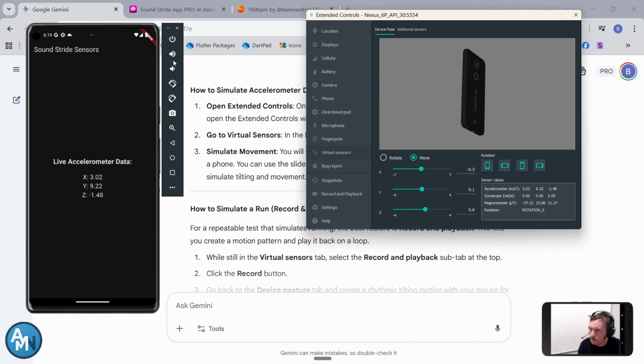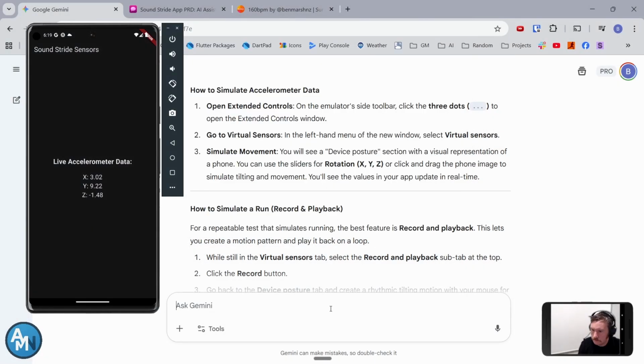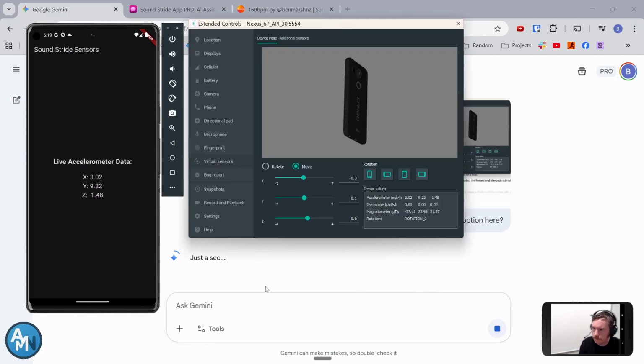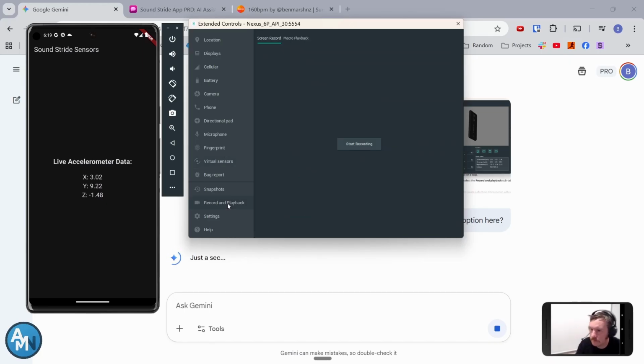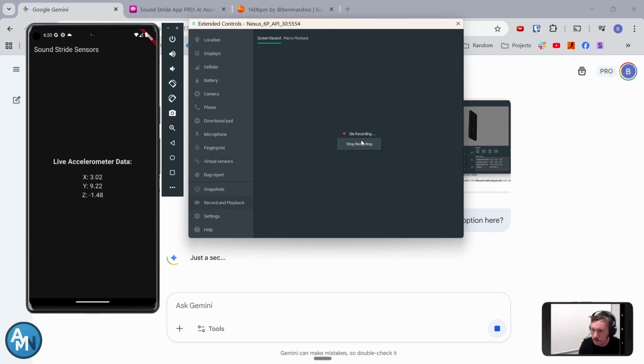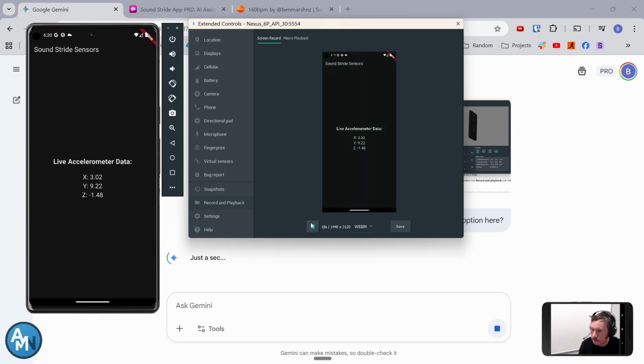Where is our record and playback? Oh, down here. Okay. So if we go here and then virtual sensors and we say that we're moving it, then we stop the recording. So now we can play. That should affect our